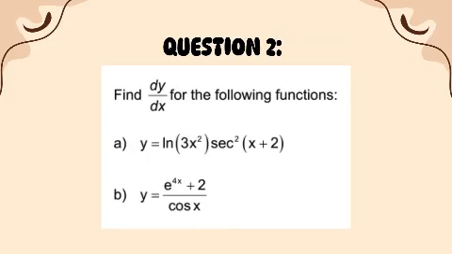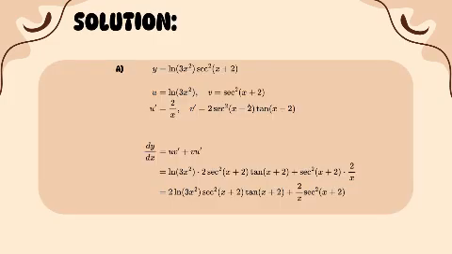Question 2. Find dy/dx for the following functions. A. y equals ln(3x squared) sec to the power of (2x plus 2). So this is the product rule where we have to label the first function as u and the second as v. We will need to derive both the functions, and because this is the product rule, we'll be using u v prime plus v u prime, in which case once we have replaced